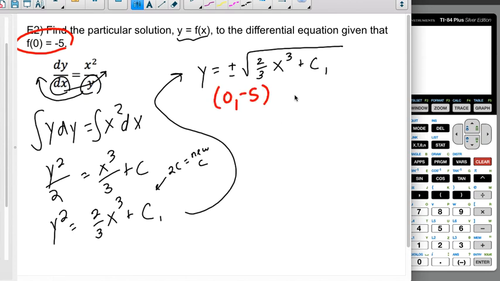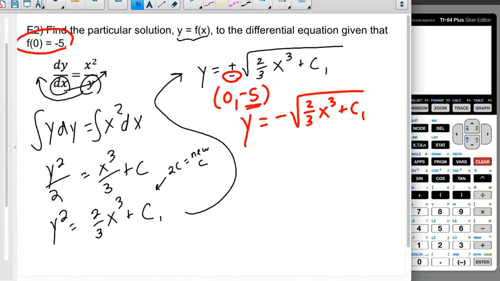Well, right away, that tells me some important information. That tells me that it's the negative answer, right? That tells me that the one I'm using is negative of the square root of 2/3 x cubed plus c sub 1. And the reason I know that is because even roots have a positive output. So in order to get a -5 here, I have to be using the